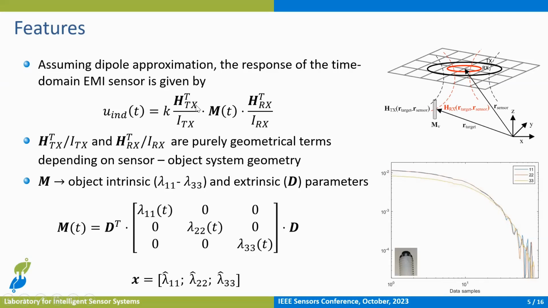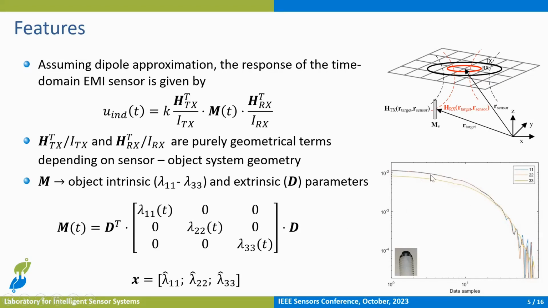In this formula, we have H, the magnetic field, which purely depends on geometrical terms: the geometry of the metal detector search head, and the relative pose between the metal detector and the object. The magnetic field is scaled by the current running through it. And M is the magnetic polarizability tensor. It contains object intrinsic features and extrinsic parameters, which are the spatial orientation of the object. Intrinsic features, we can think of them like the object's sensitivity in X to the primary magnetic field in X, Y, and